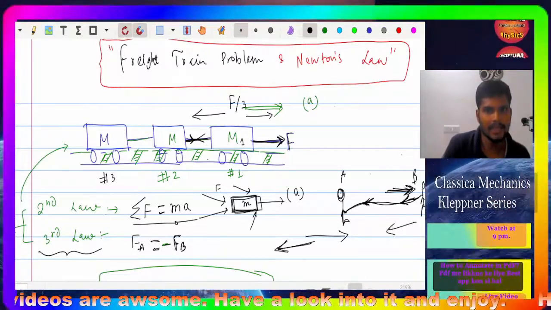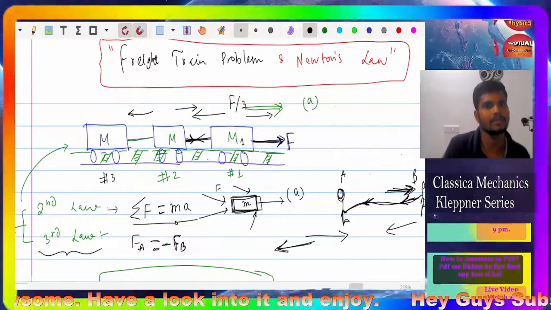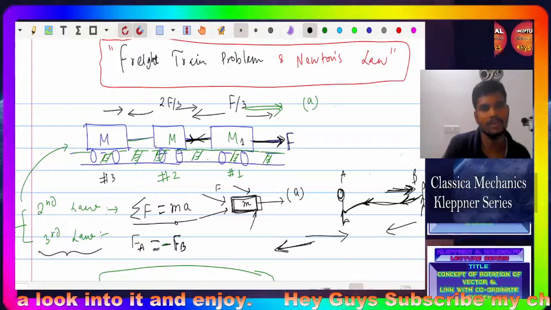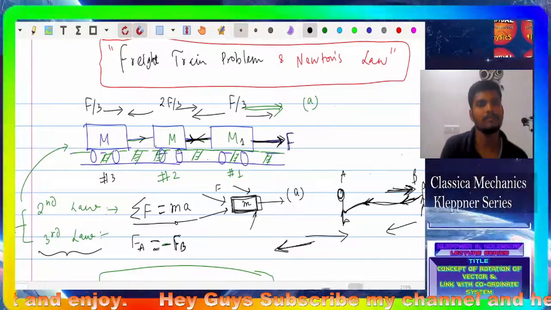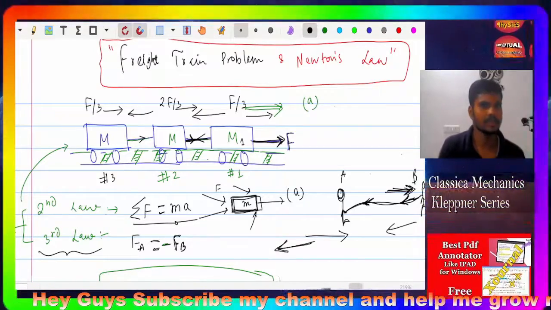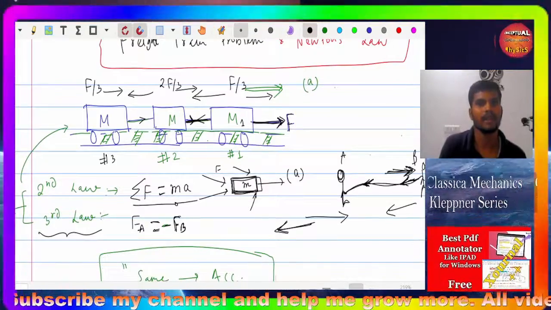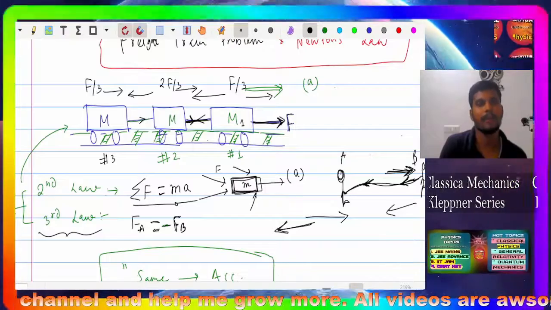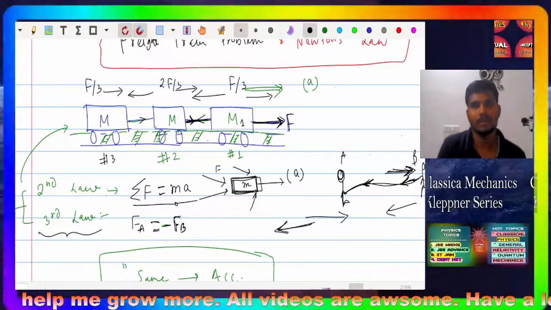Now here again this F by 3 is acting there, and here it is also acting on this side. So it is 2F by 3, and there is only one force pulling this side, therefore it is F by 3. So in some sense everything is distributed. This is F by 3, this is F by 3, and this is F by 3. Now 2F by 3 is acting on this coach, F by 3 is acting on this coach, and F by 3 is acting on this coach. So yeah,